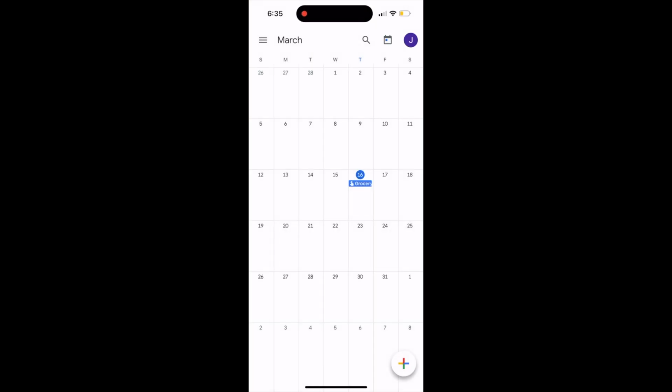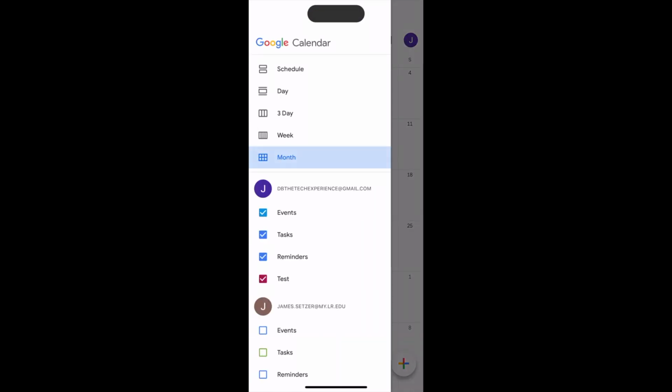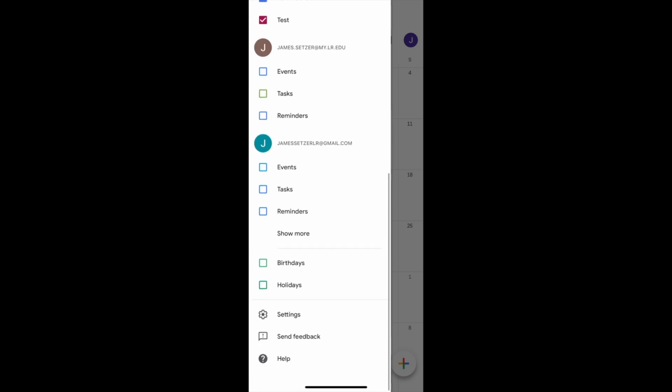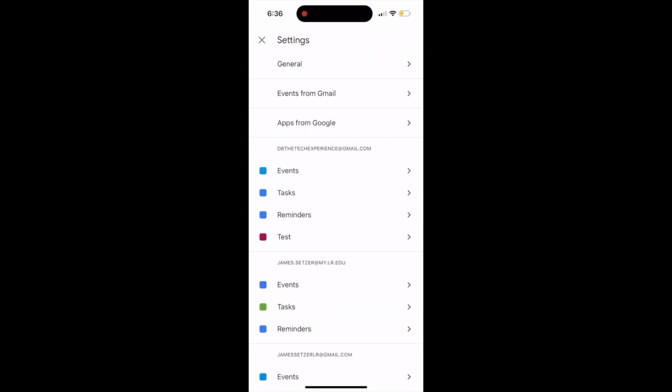There are many key features that Google Calendar offers, but we'll only touch on a few today, starting with the ability to support multiple time zones. So if you click here in the top left-hand corner on the hamburger sign icon or the three-bar icon, whatever you call it, and you scroll down, you go to settings, general,